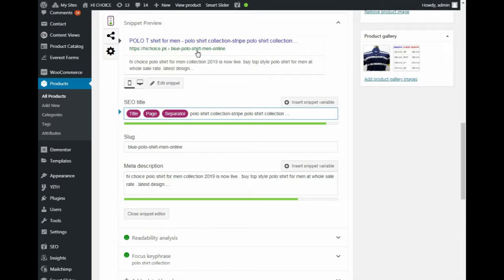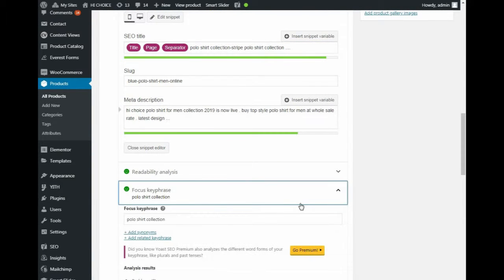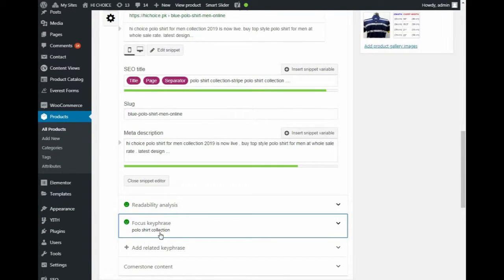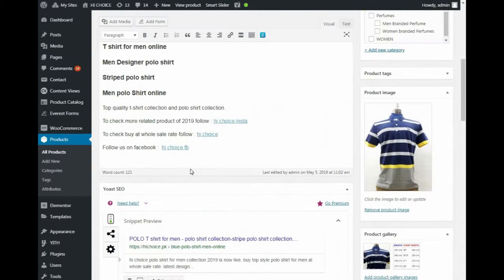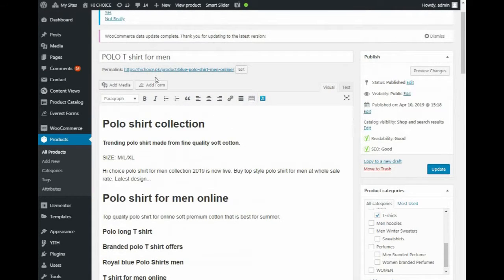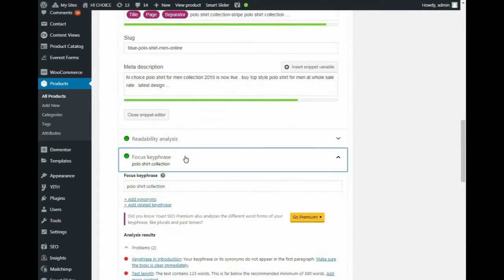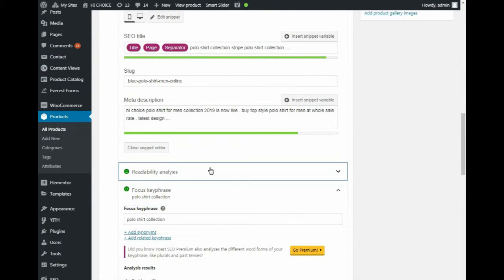So this is your SEO title, and on the SEO title I have written polo shirt collection or stripe polo shirt collection. So this is relevant for my search. And for the focus keyword, I have written polo t-shirt collection. So everything is linking. My description is linking to my title, my description is also linking to my focus key phrase, and the readability index